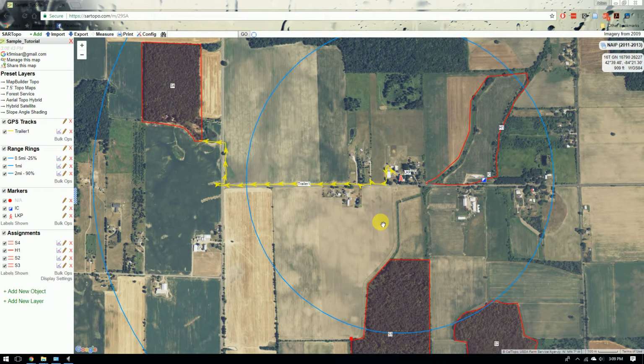Alright, for this video we are going to look at exporting all these different sector and hasty assignments that we've made, or if we wanted to send them to a GPS. There's a couple ways of doing it. You can either send each individual sector as you make it to one GPS,